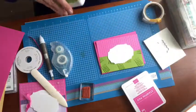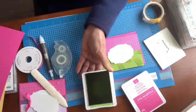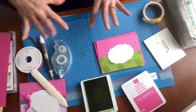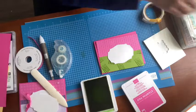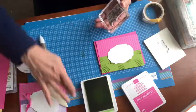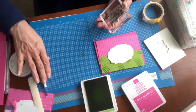So I am going to actually use this same stamp pad, and I think I have my stamp mounted. Yes, I do. Now, one of the things I do like to do is sometimes, no matter how careful I am,